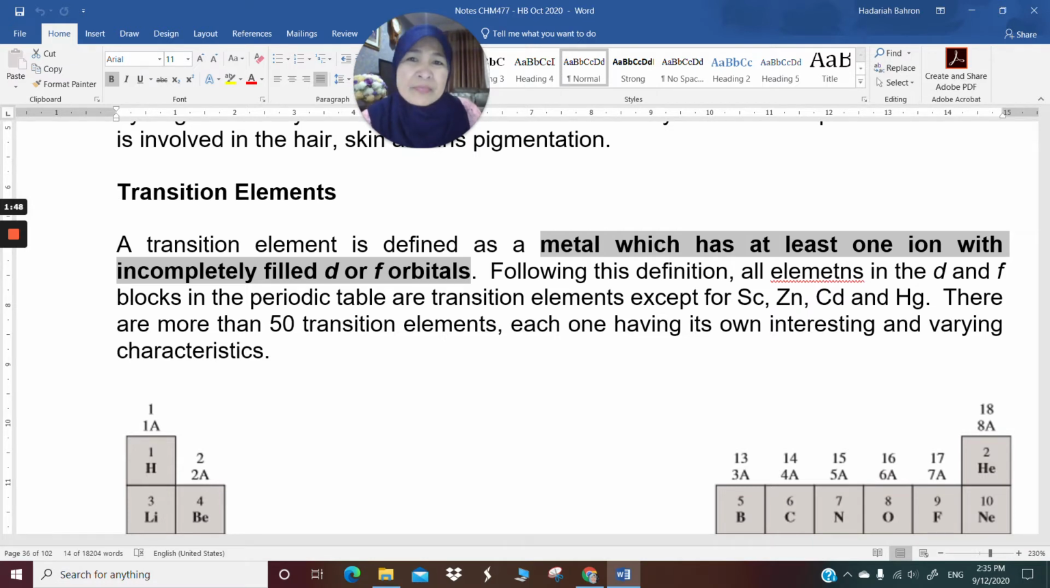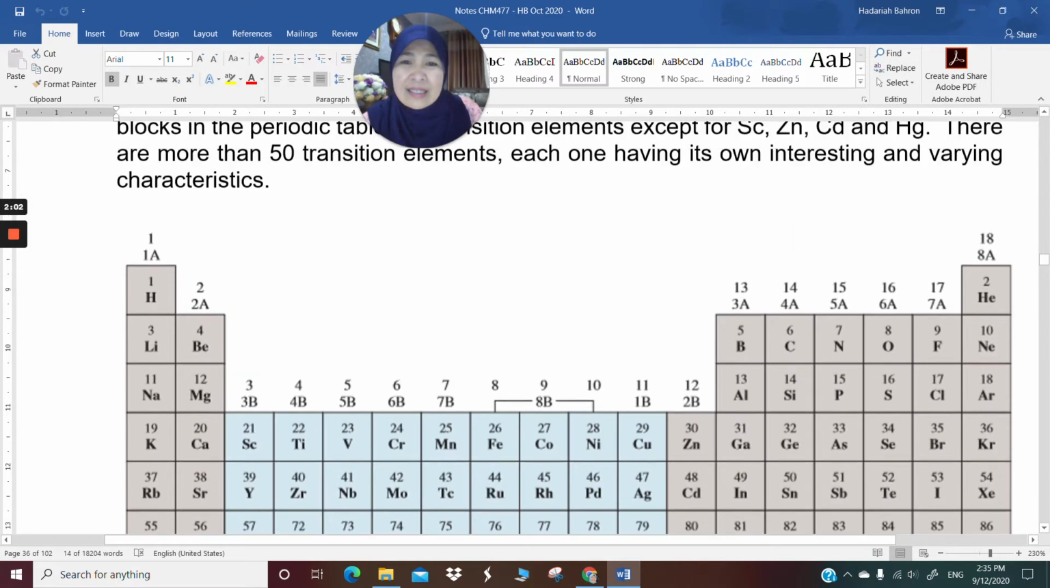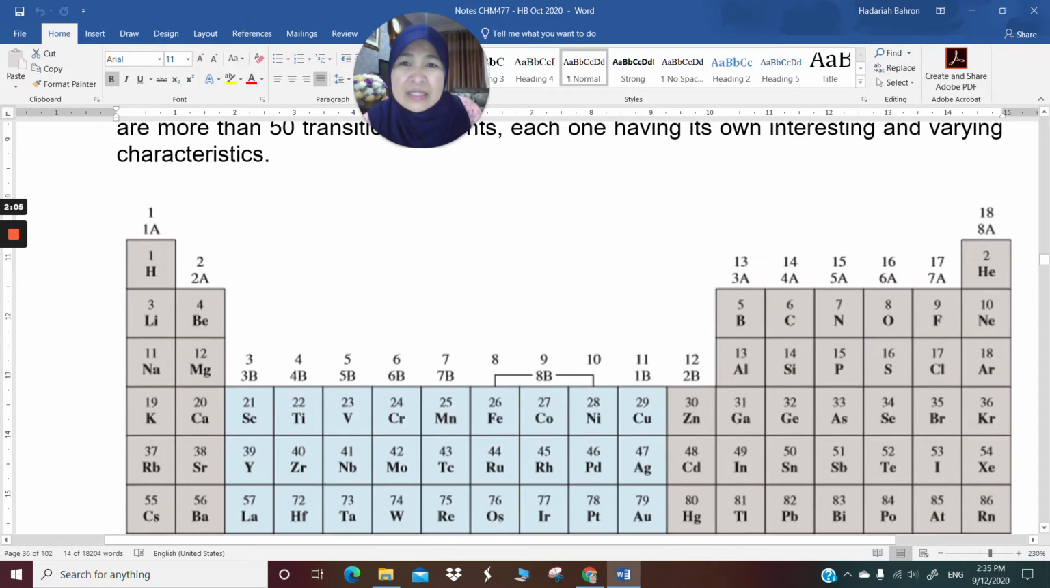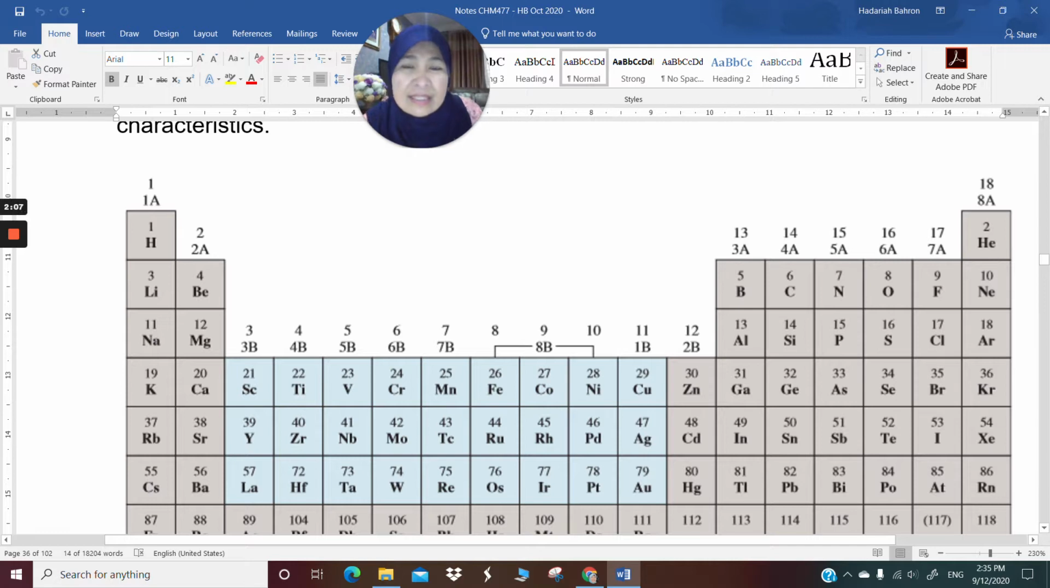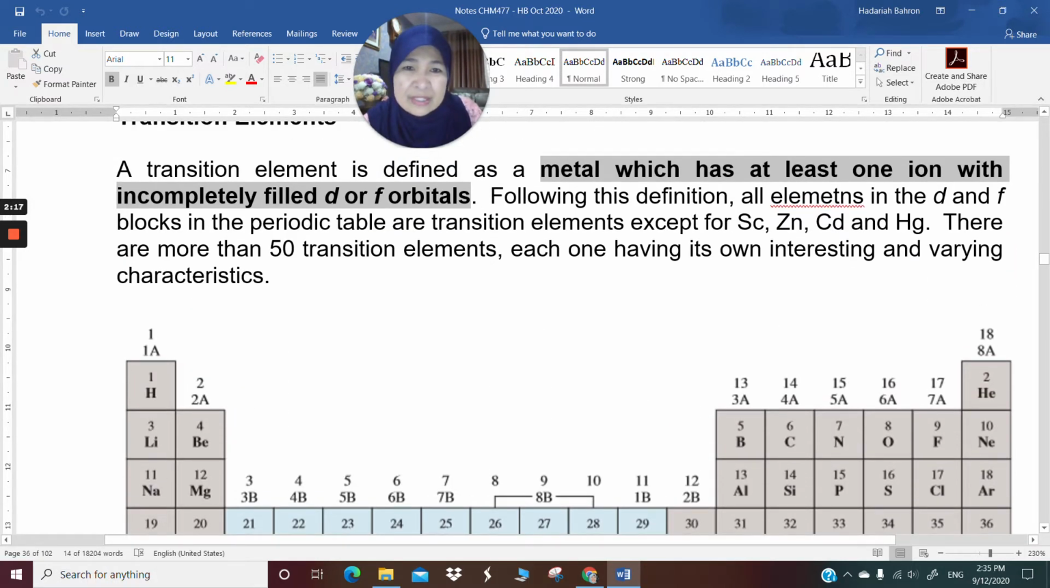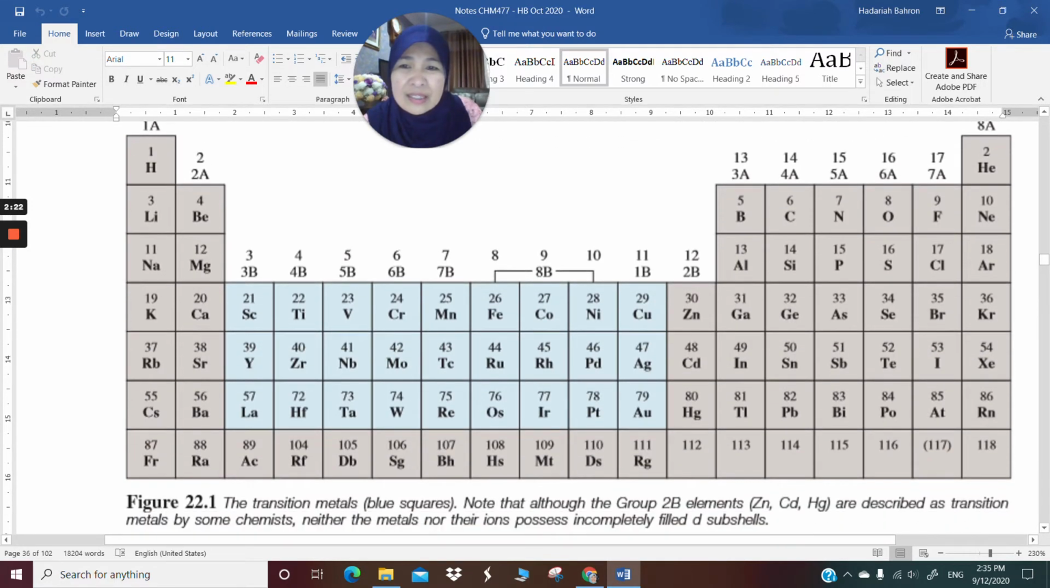Previously, we have encountered d orbitals. We have 1s, 2s, 2p, 3s, 3p, 3d. These are the elements which has d orbitals containing valence electrons. Now, if you look at the periodic table, you will see that those are the elements that